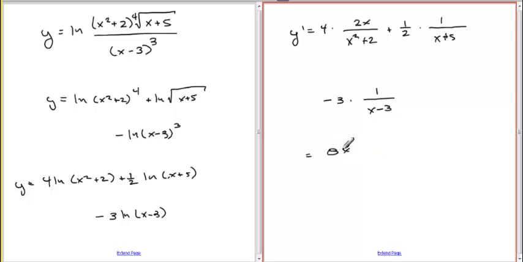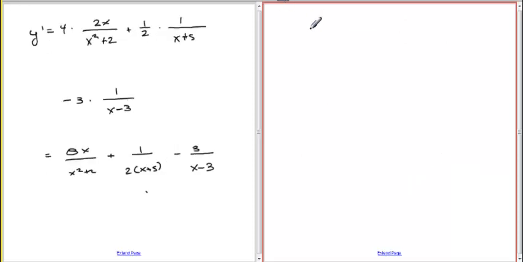4 times 2 is 8. So you get 8x over x squared plus 2, plus 1 over 2 times the quantity x plus 5, minus 3 over x minus 3. That's it. Okay. Then we have the case where you don't start out with the